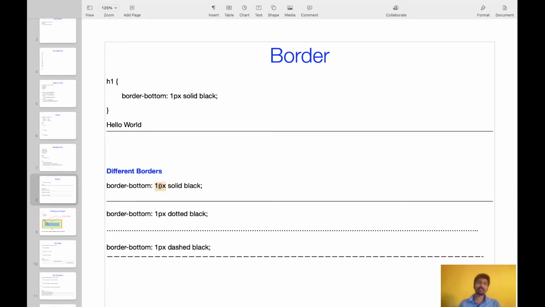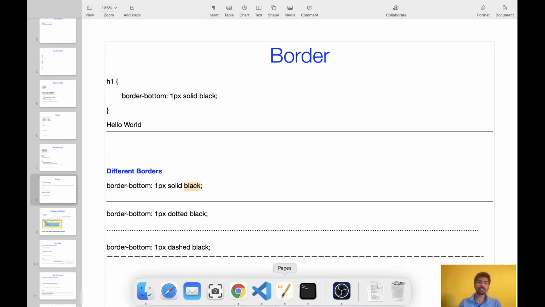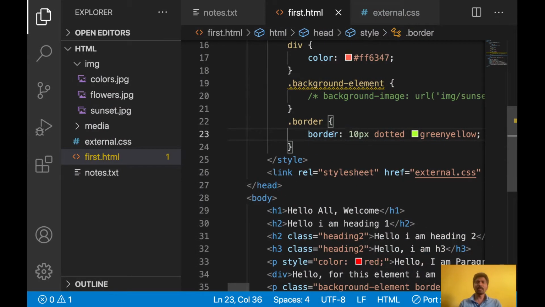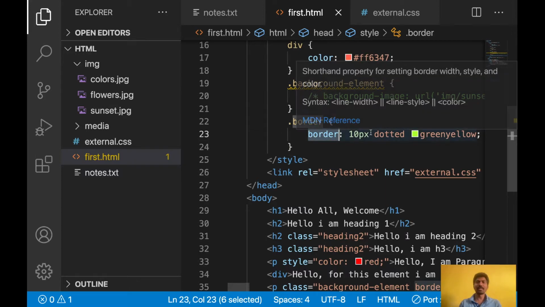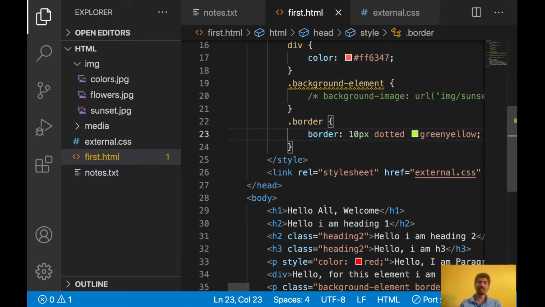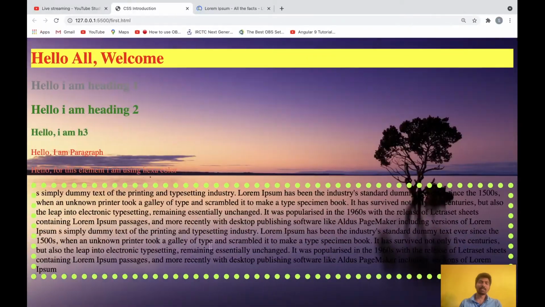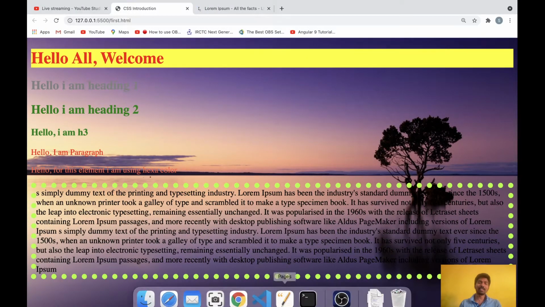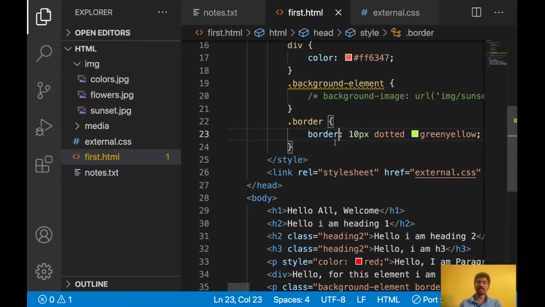So the first one is the width of the border. Black means the color of the border. So this is border, which means it applies to all four sides. If I want to apply only for the bottom side, then instead of border I can use border-bottom. Okay, so now let's see.